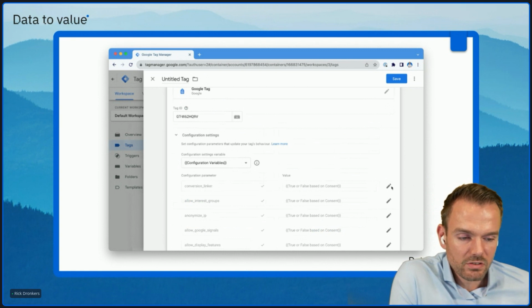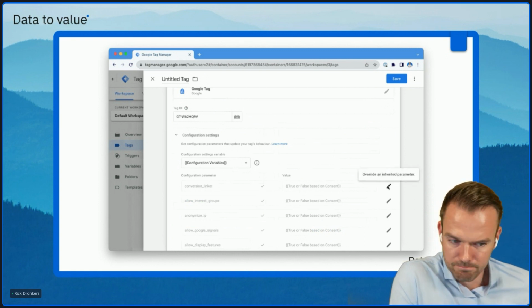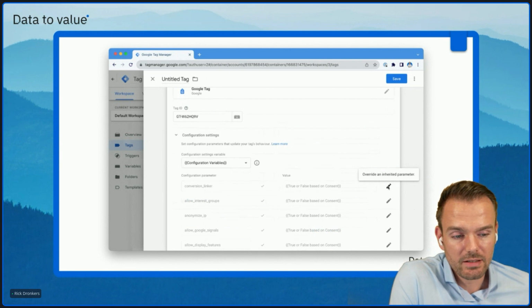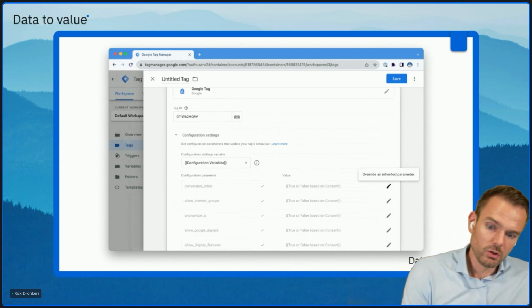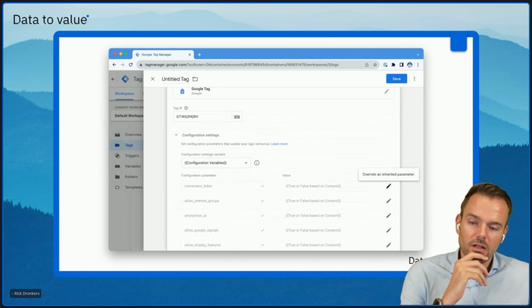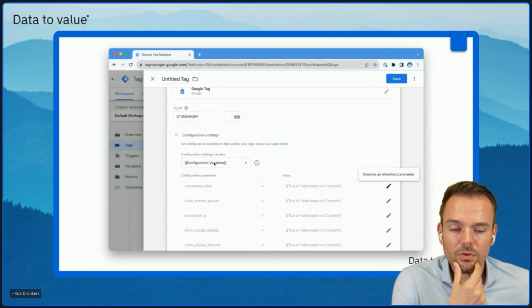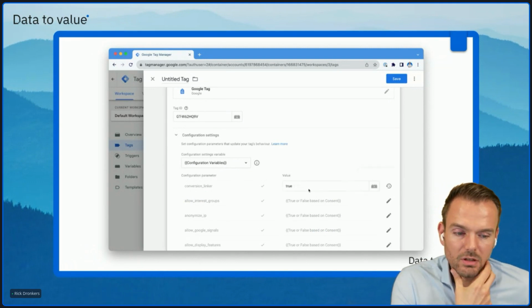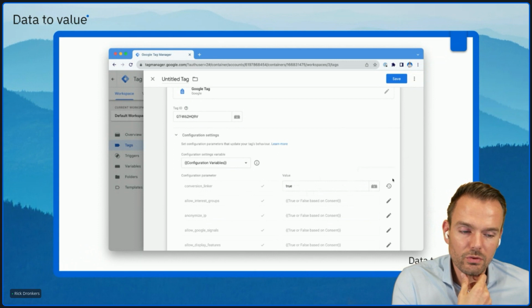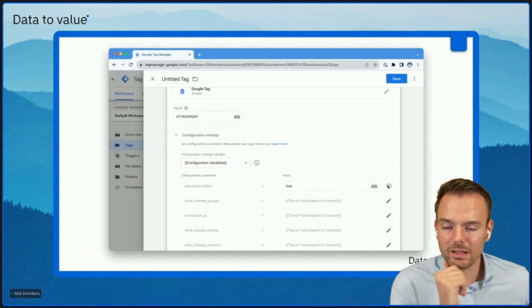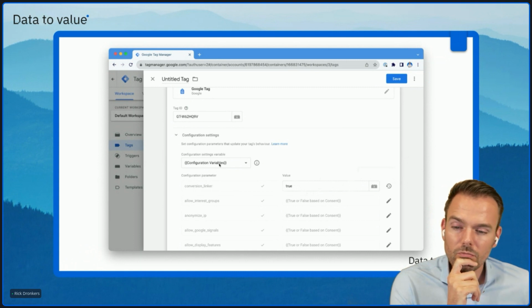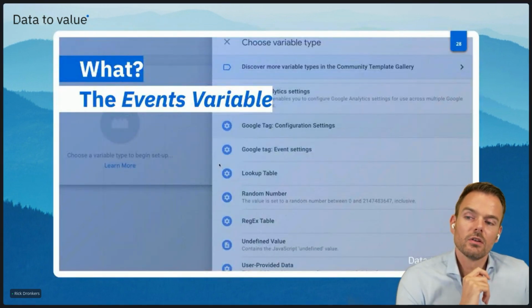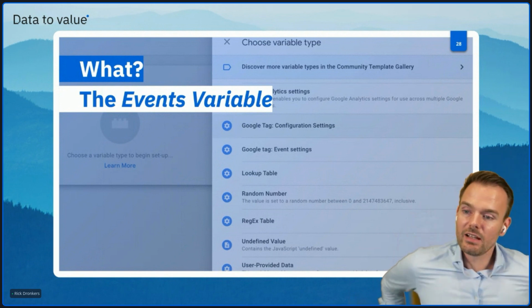And you'll notice this little icon over here. So you can even override an inherited parameter within this specific tag, right? So you have your logic in your variable over here, but you could decide to override it within this specific tag. So I could set it to true. And if I want to revert it, I can click this icon and then it goes back to what it is within this settings variable. So that's the main functionality of the